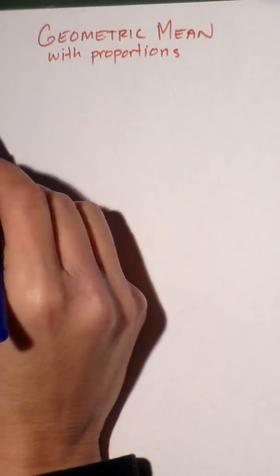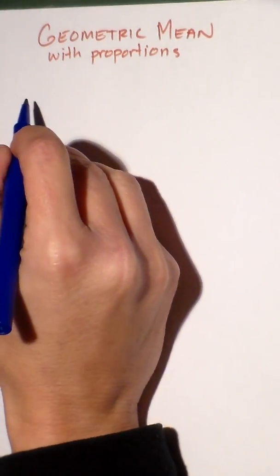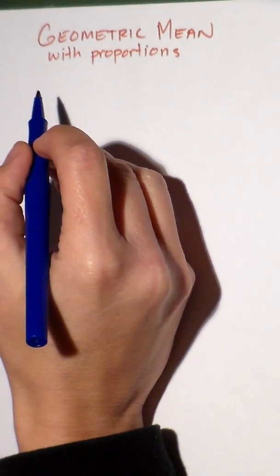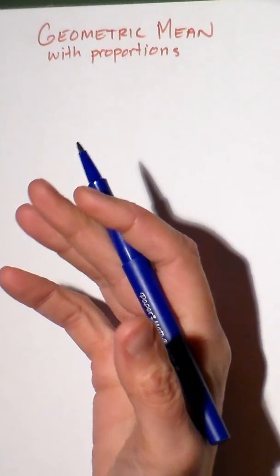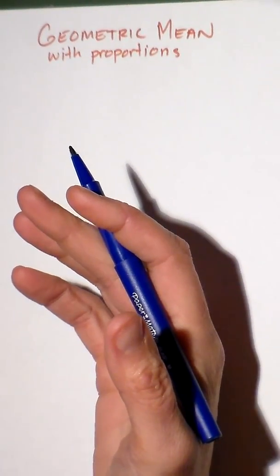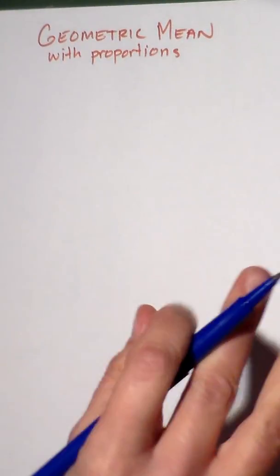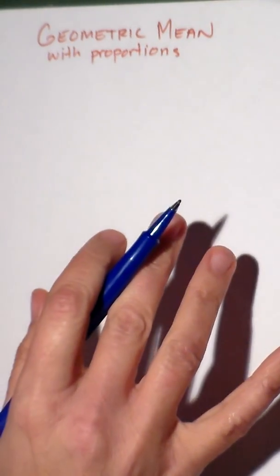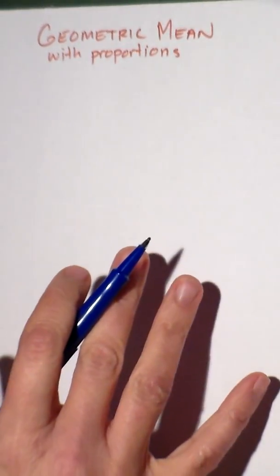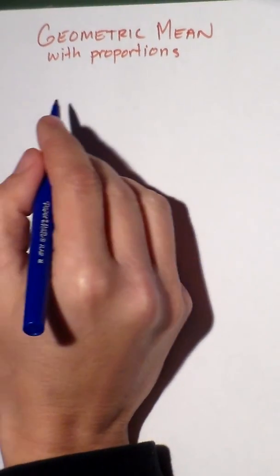So we're going to look at geometric mean just in an algebra sense right now, not tying it into our right triangles yet, because we're going to actually use geometric mean when we talk about the altitude of a right triangle and one of the three altitudes. But right now we're just going to look at it as plain vanilla geometric mean. Now what a geometric mean is,